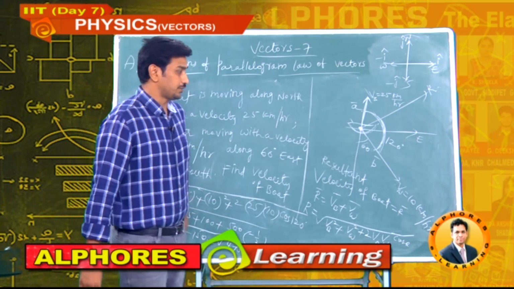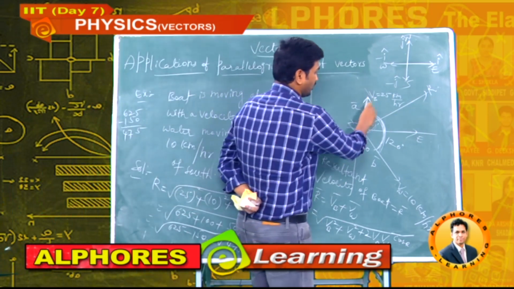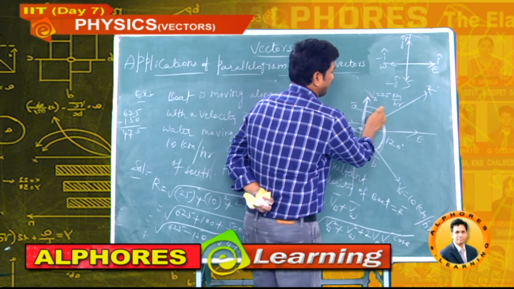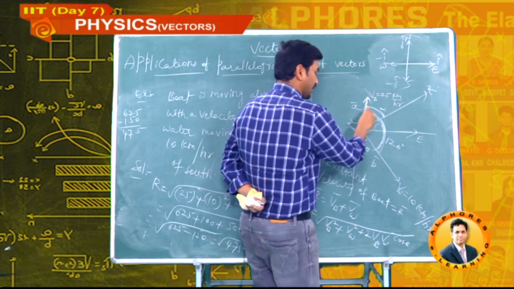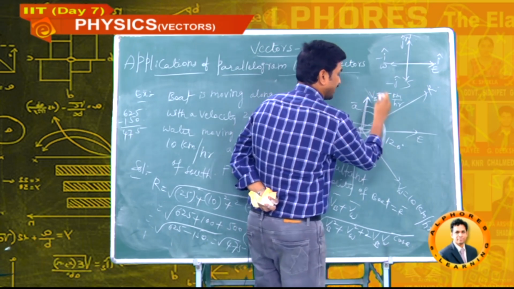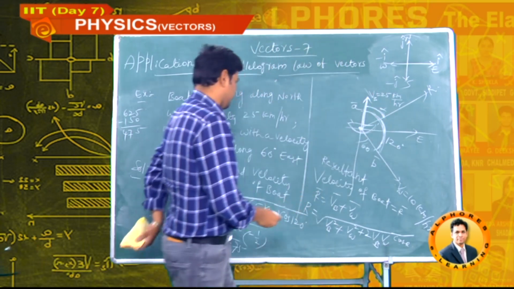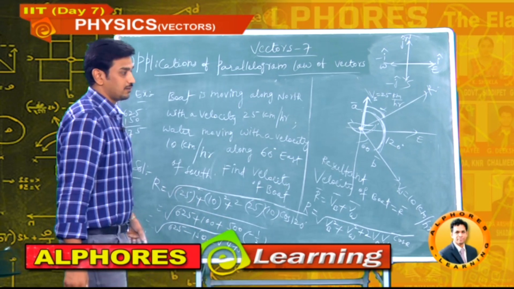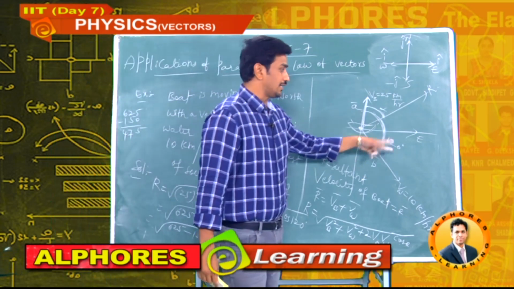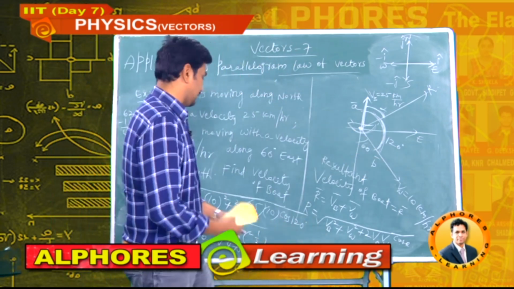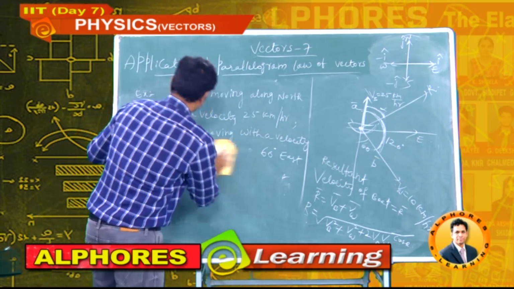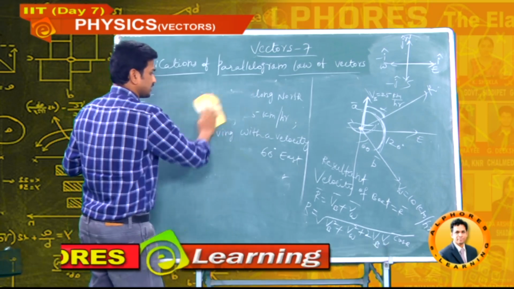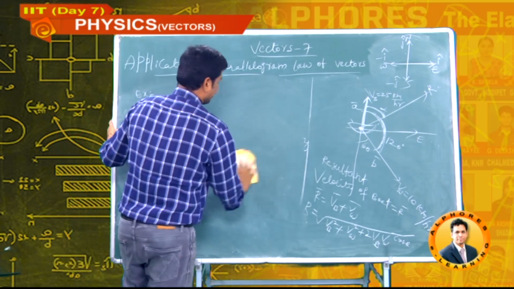Now one more point. With respect to the boat, what is the angle made by the resultant? This angle I want, alpha. It's like A bar, and the resultant making alpha. What is the answer? You know that. Tan alpha is equal to B sin theta by A plus B cos theta. Shall we find that also? It is just an extension of this question, they didn't ask, but we will calculate.